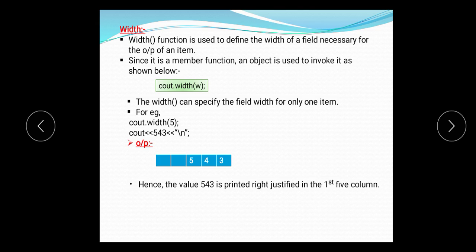For example, cout.width(5), this says that you set your width to 5. Then cout 543. Now you want to display this integer value, and you are setting the width 5. So 2 spaces are empty, whereas 3 spaces are used to display the output. Hence the value 543 is printed right justified in the first 5 columns.